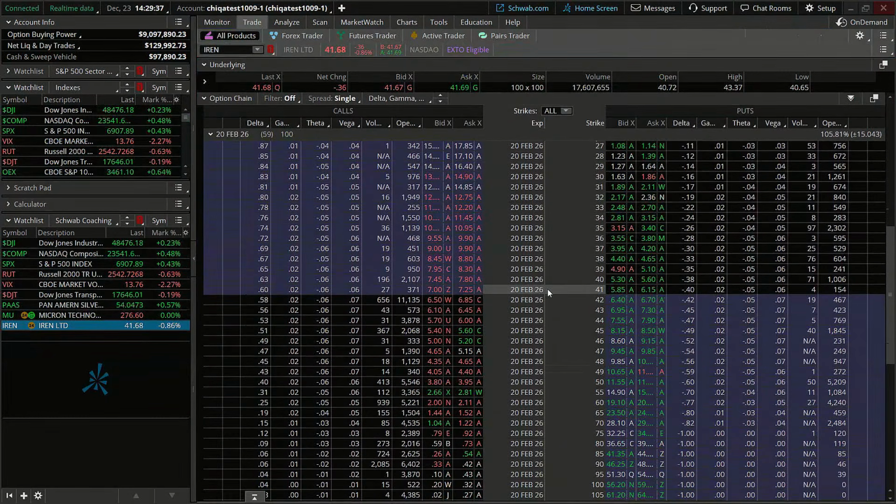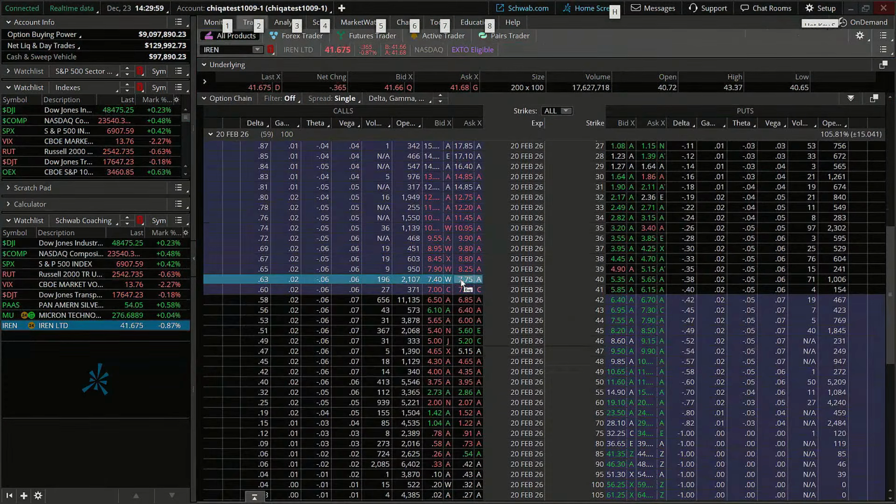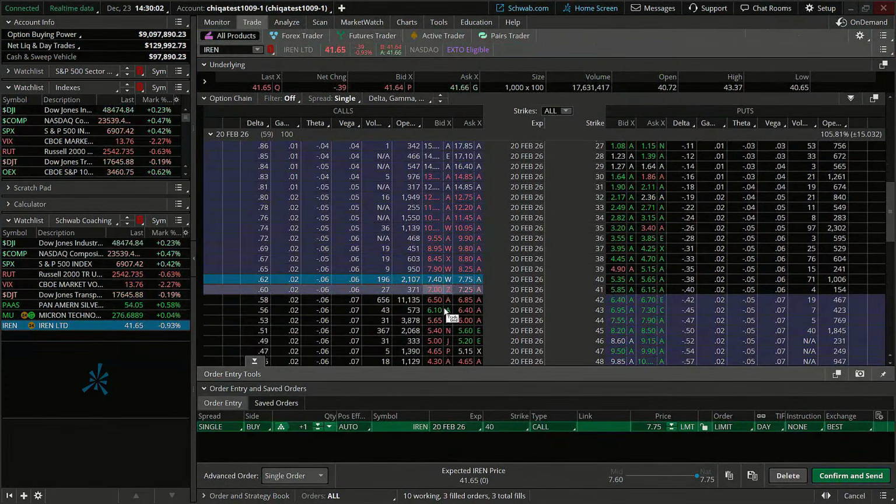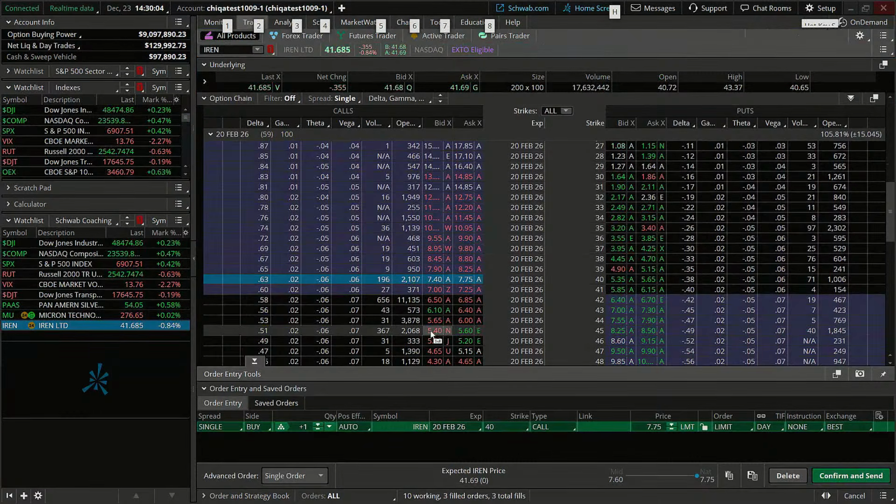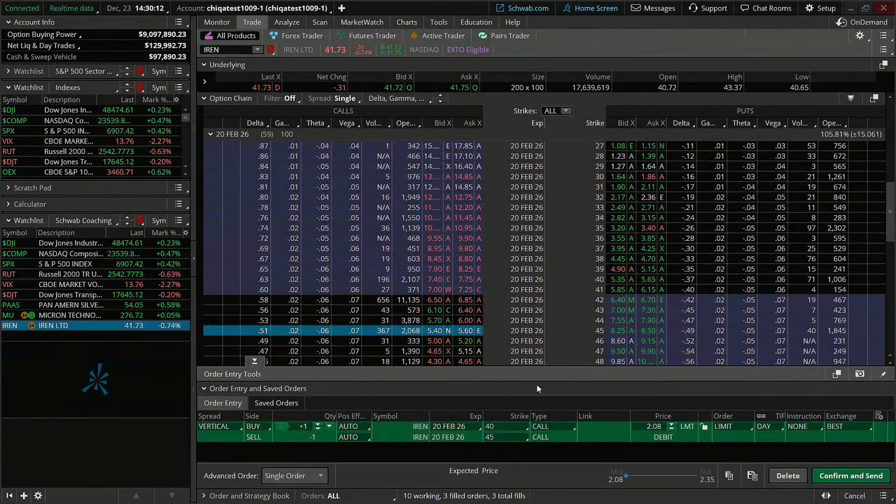And I may look to take a risk-defined directional trade here. Instead of buying a call, I may be just looking to buy a spread in this case. So maybe looking to buy the lower strike, sell the higher strike for a bull call spread. I'm just going to look at this option that's a little bit in the money with this 40 strike here, and I'm going to look at this 7.75 here. And I'm going to couple it with this 45 strike out here, right around a delta of 50. So I'm going to sell the 45 strike there.